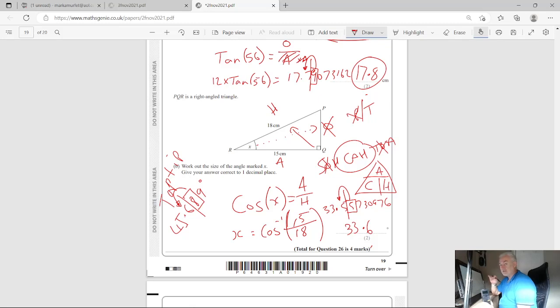Okay, if it leaves the same, you stand less chance of getting that mark. But so 45.6 to 1 decimal place degrees, right, is totally incorrect, totally wrong, but you've still shown them that you can round it, so you're accessing that rounding mark if that's available in the question. Okay,